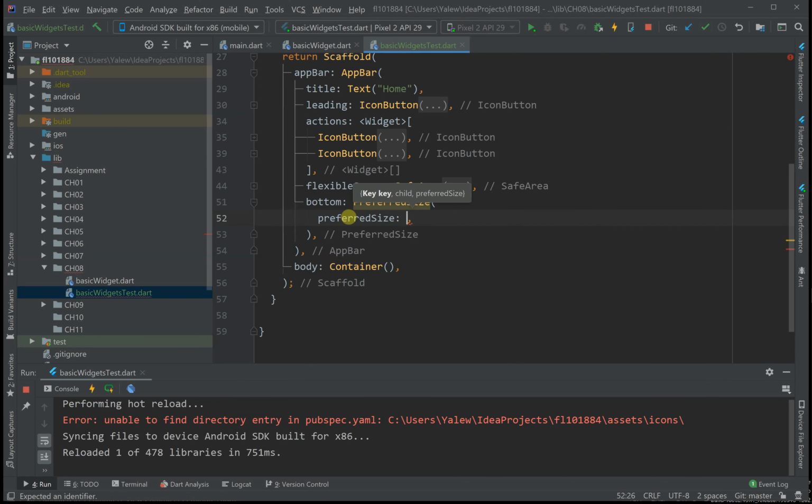And the preferred size is where should it start? So it should start from size from height about 75.0, and in the container I have the container to be bottom. So here is our app. So if I press Control S, then there should be something like this. So now you can see that I have extended my app bar by size of 75, and you can see easily where everything is,